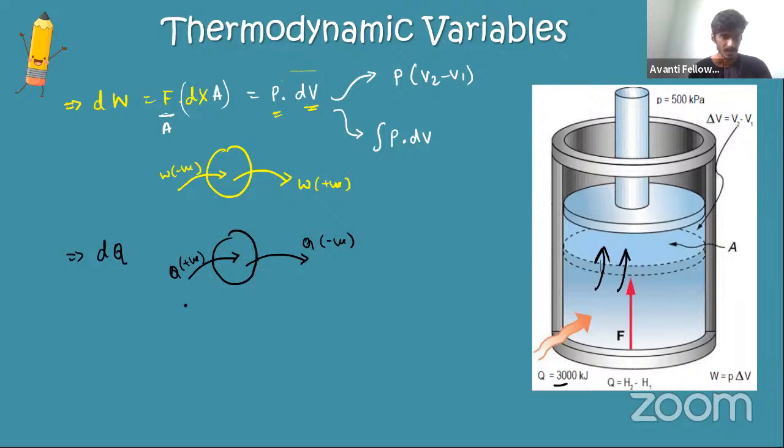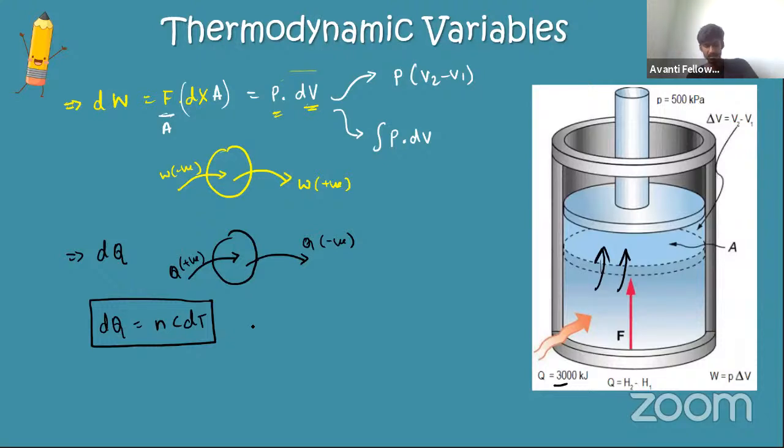Okay, cool. And what is the formula to calculate dQ? We have already seen it, right? It is equal to m s delta T or n C dT. For gases, we can use n C dT. I hope you remember, right? Okay, we can use dQ equal to n C dT. So this dQ formula is from the last chapter.